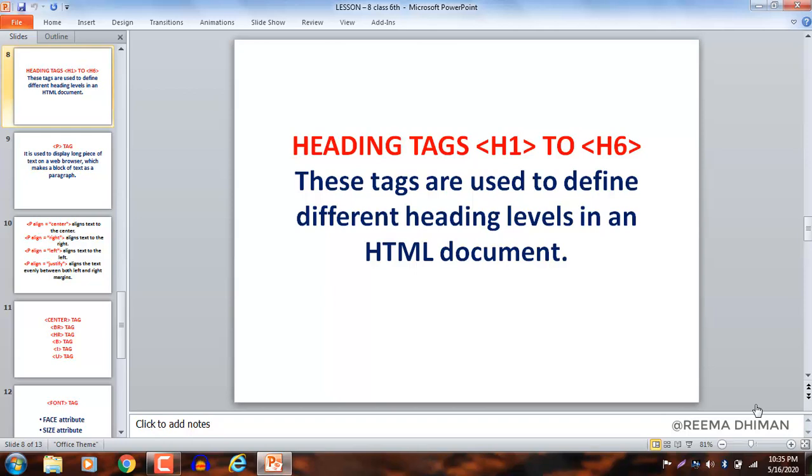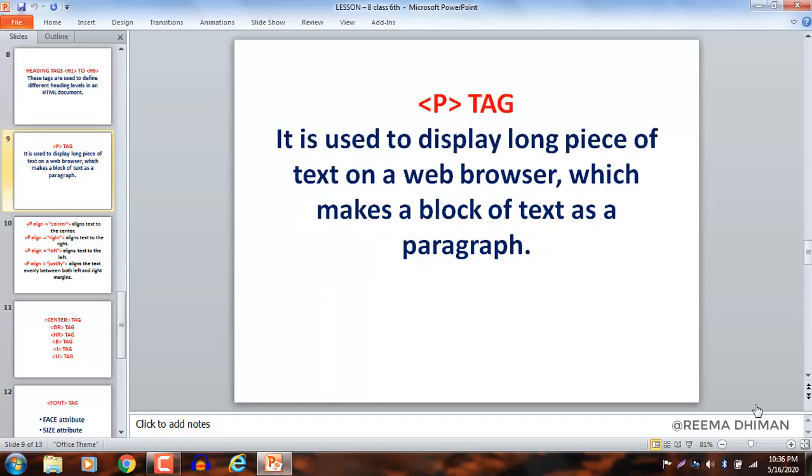Next we will proceed to the next tag, which is the p tag. It is used to display a long piece of text on a web browser, which makes a block of text a paragraph. As the name indicates, p is derived from paragraph, so it is used to type a long piece of text.